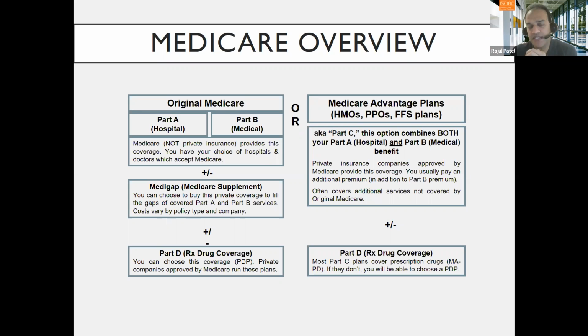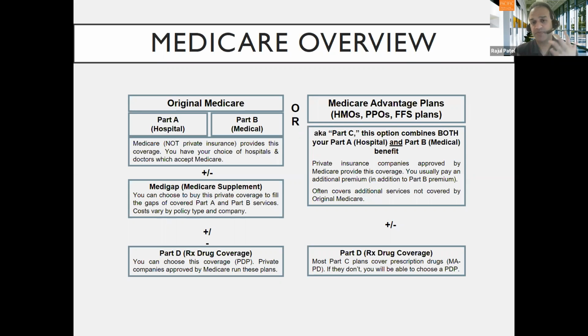The primary reason why people join a Medicare Advantage plan is because it often covers benefits that original Medicare doesn't pay for. And the 3 that are most important to older adults are vision, dental, and hearing. Original Medicare does not cover those services. Okay, so if you choose the route on the left, you're not going to get coverage for hearing, preventative or comprehensive dental care, or vision. But if you choose the route on the right, most Medicare Advantage plans cover 1, 2, or all 3 of those benefits and other benefits.